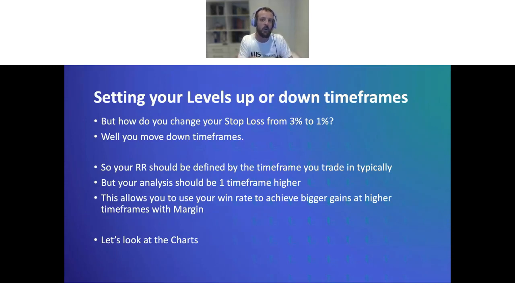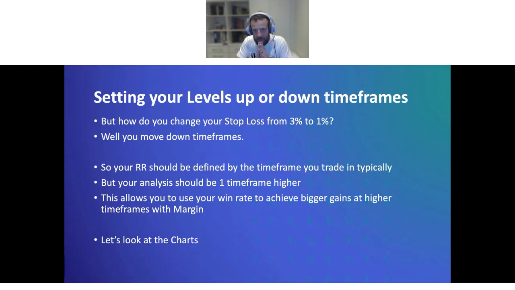You shouldn't base an RR on multi-time frame trades, because you could, for example, be extremely good at trading on a 1 minute chart and think that you've got an amazing win rate, and then suddenly try to trade weeklies and blow your account. So stick to the time frame that you're most comfortable in. Stick to the time frame that you trade the most in, and that becomes where you develop your RR from.